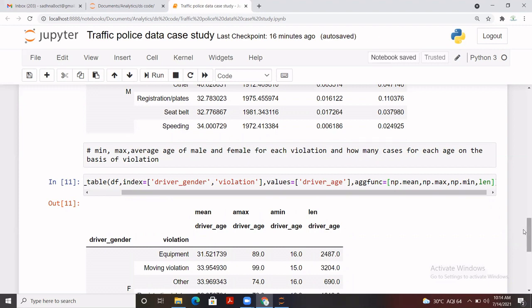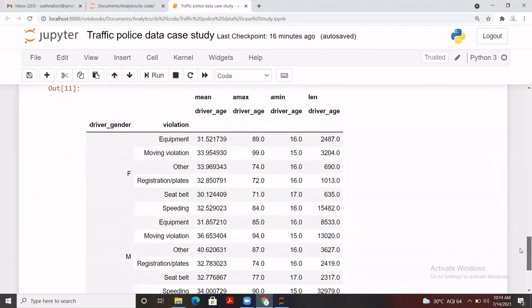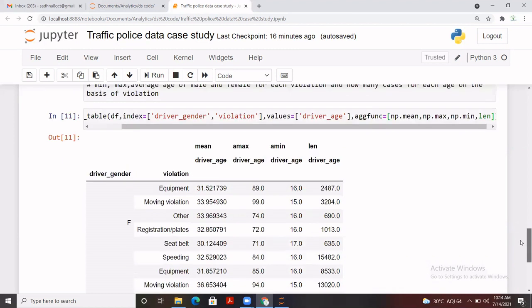For each gender, you can see all the violations and the average age, the max age, the minimum age, and the length. So this is what we have calculated from there.